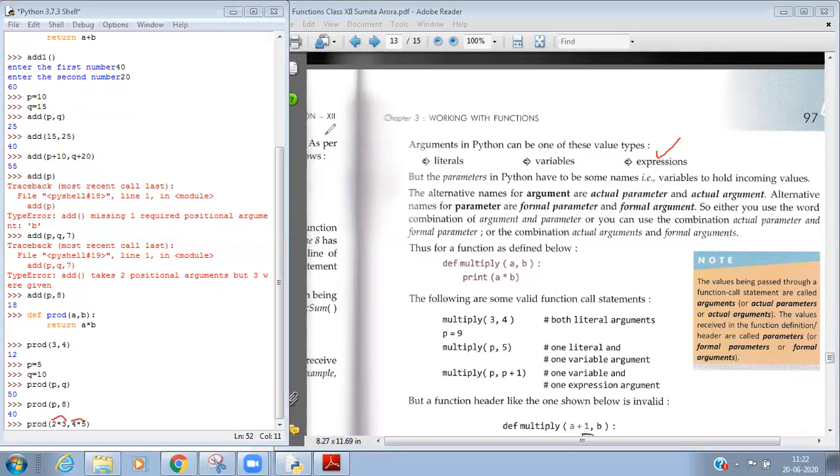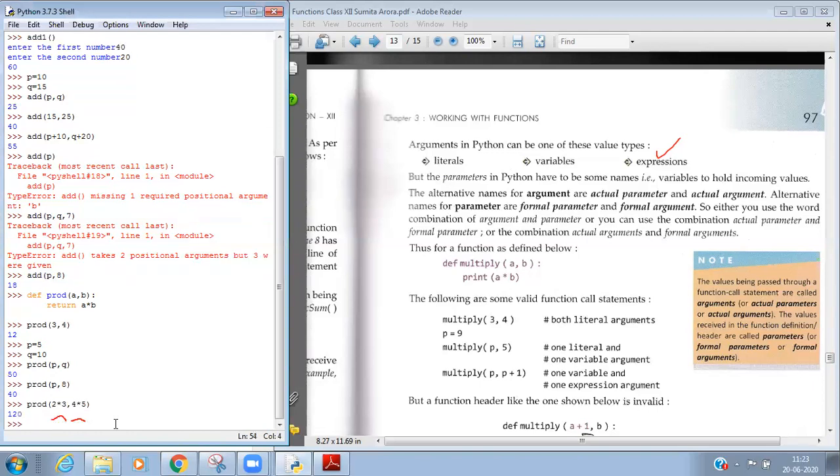We can pass the expression to a function call, and the function will first solve the expression and then work as per the definition. See here, it is doing as per our requirement.